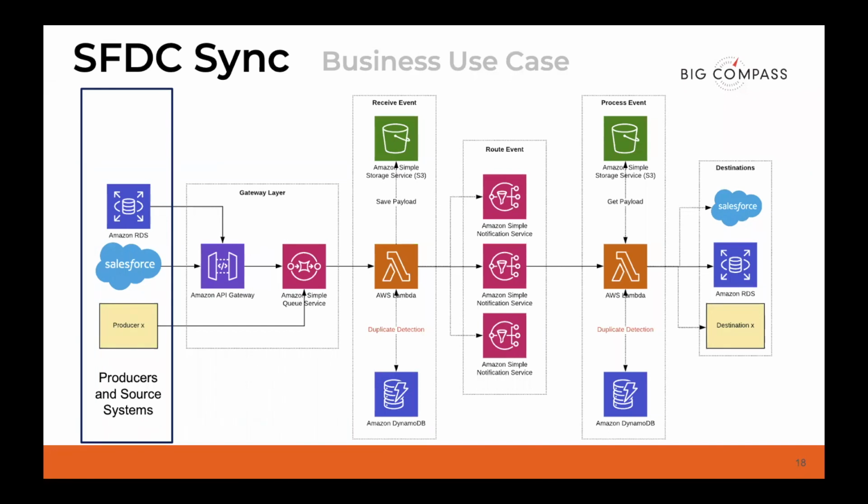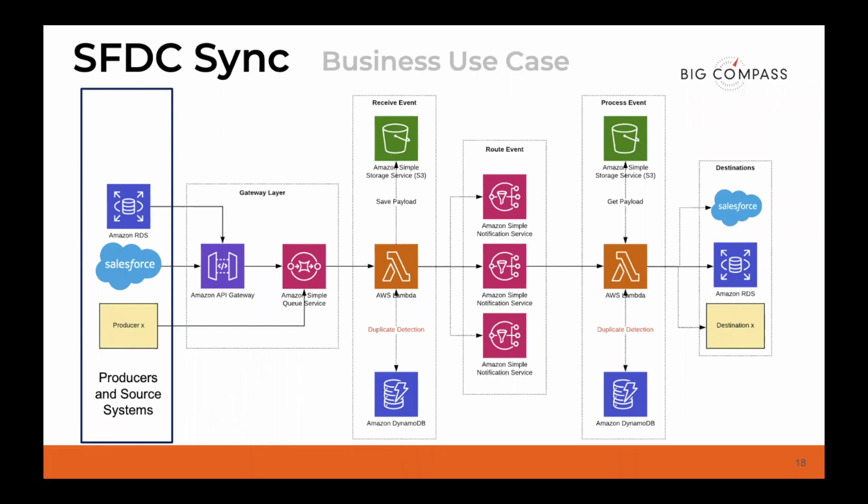What this framework allows us to do is pump in Salesforce data. It allows us to pump in data from Amazon RDS or really any producer. We're going to call this the producer side of the house. And any producer can actually event through this system as long as we have rules set up for it. We're looking at an integration platform that can route based on the events coming through it and route them to the desired target.